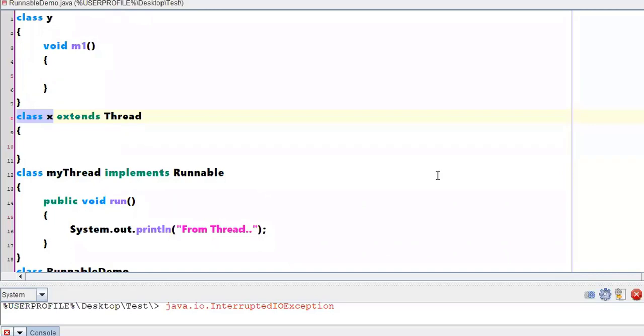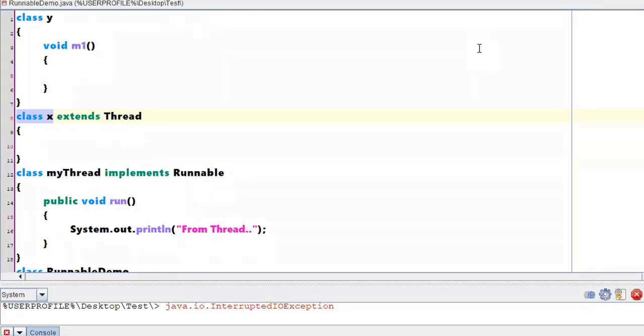See, when your requirement is not to extend any other classes except the Thread class, you can go with this particular approach. If your requirement is that you want to extend some other class along with that you want thread behavior also, in that scenario you have to go with implements Runnable.